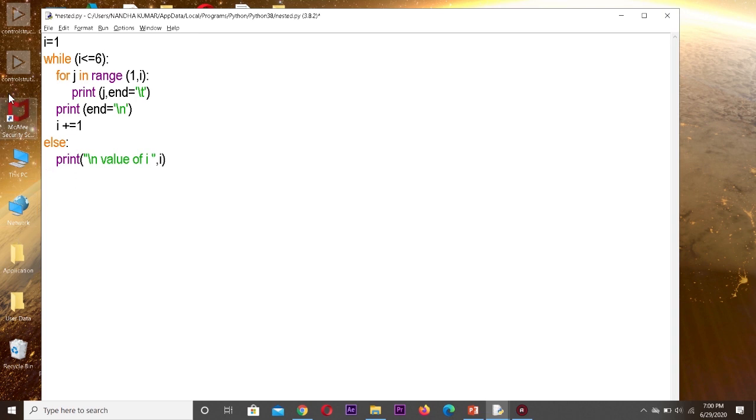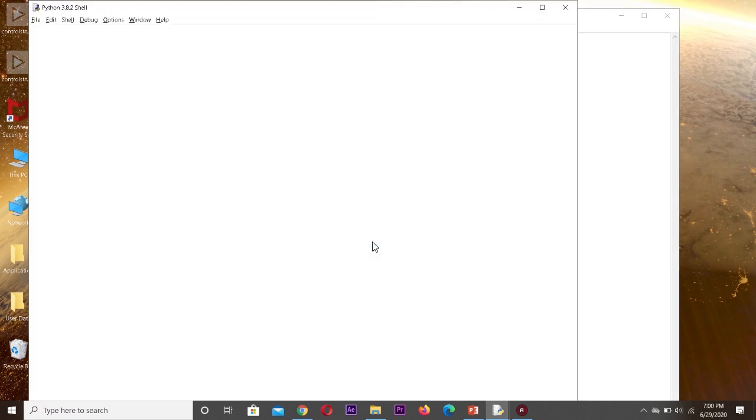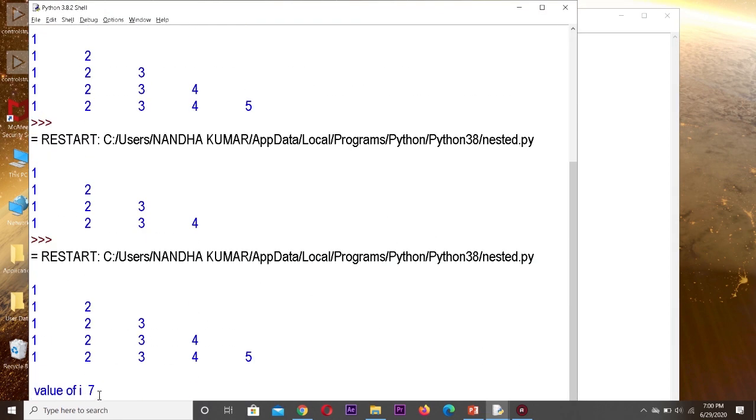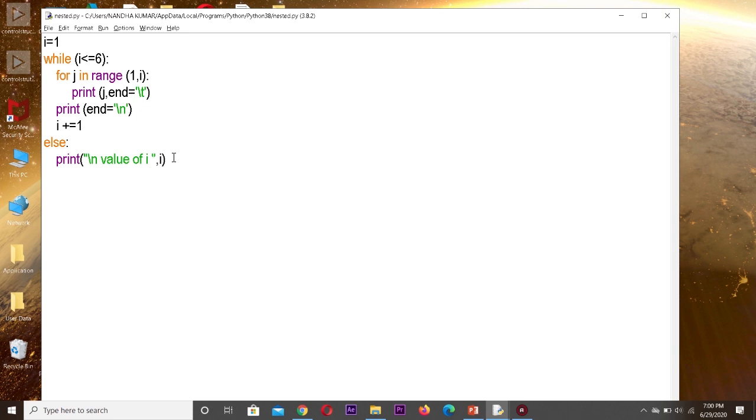I said when i becomes 7 it comes out. Now let us see. The value of i is equal to 7. When it becomes 7, the condition fails and it comes out of the loop. You can make changes in this program and execute to get different outputs also.